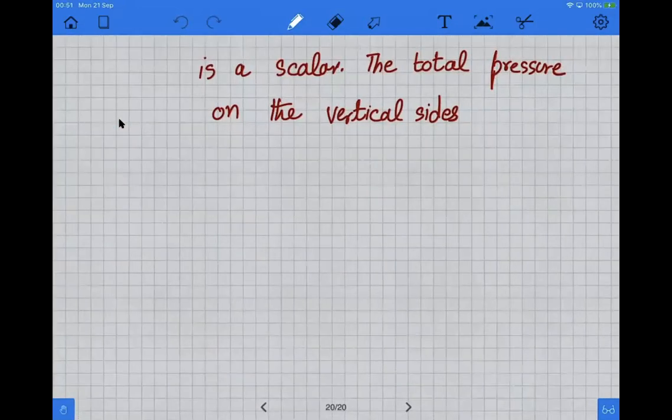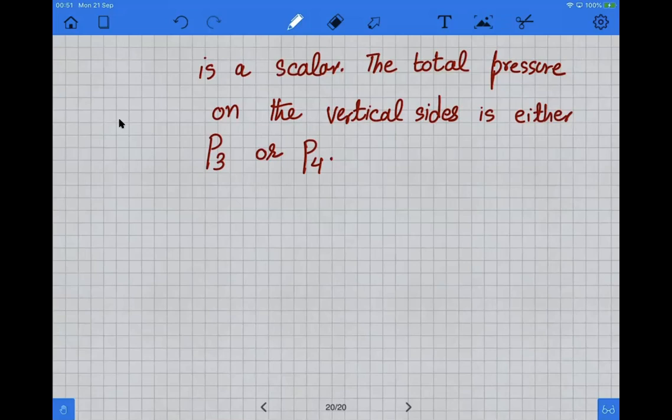The total pressure on the vertical sides is either P3 or it is P4, yet it will not be added up or subtracted, because if you double the sides, the area will become double and the force will also become double and the pressure will remain the same. So we can call that P3 is equal to P4 is equal to P